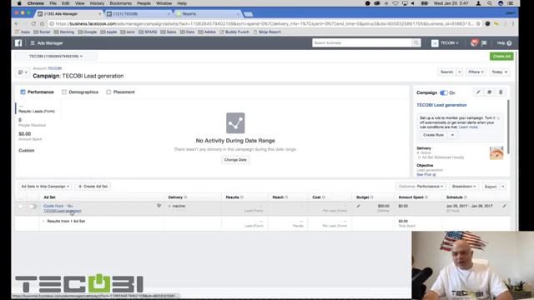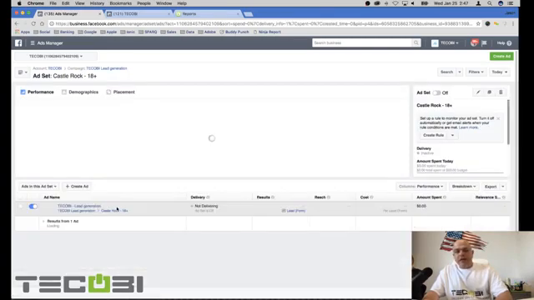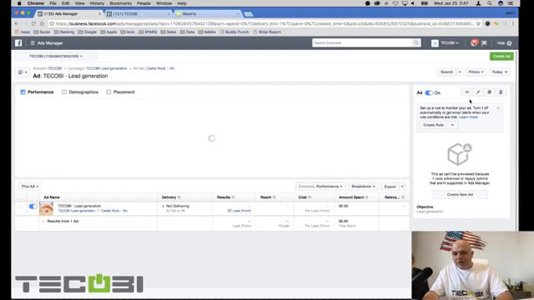and you'll see I've got my ad here. I'm going to turn the ad off because I don't want to run that. But I do want to show you how the form looks. So if you come over to the preview here,